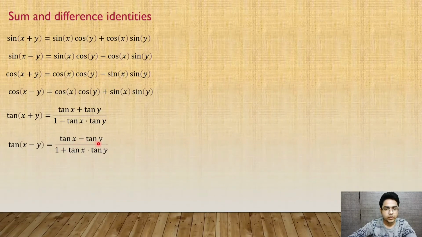Tan of x minus tan of y, divided by 1 plus tan x into tan y, is the value of tan of x minus y. See, it is similar to the formula for x plus y of the tan. Here, in the numerator the sign is negative, and for the denominator the negative sign is there in the numerator and here it is a positive sign. Further on the next slide,